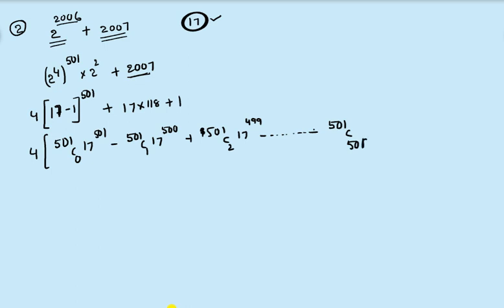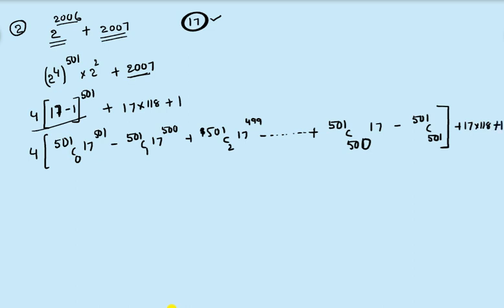Okay, I will write one more term here: 501C500 into 17 minus 501C501, right? That is the expansion of 17 minus 1 whole to the power of 501, plus 17 into 118